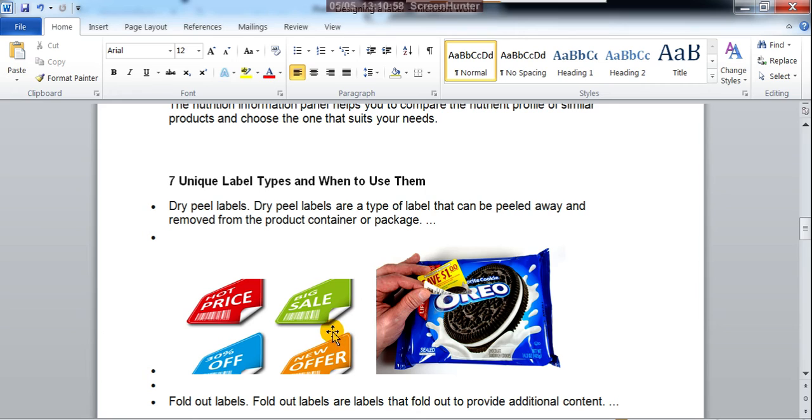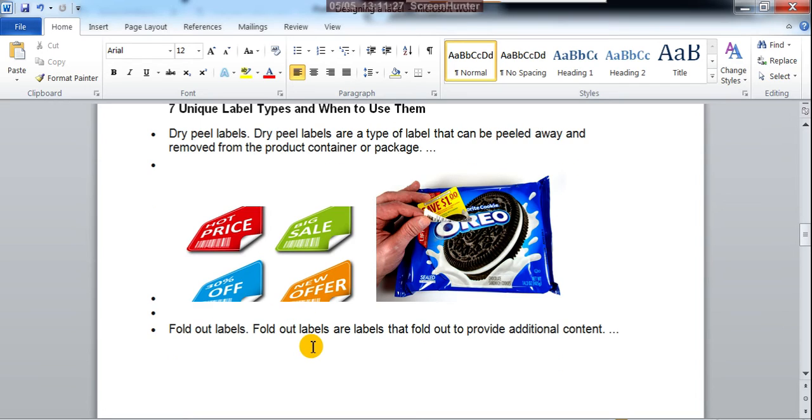Suppose they are offering discounts, or something freely with the product. Sometimes we find in malls, if you buy something, attach it to that, and they'll offer another one. So temporarily, like a peel, they attach it to the main product.